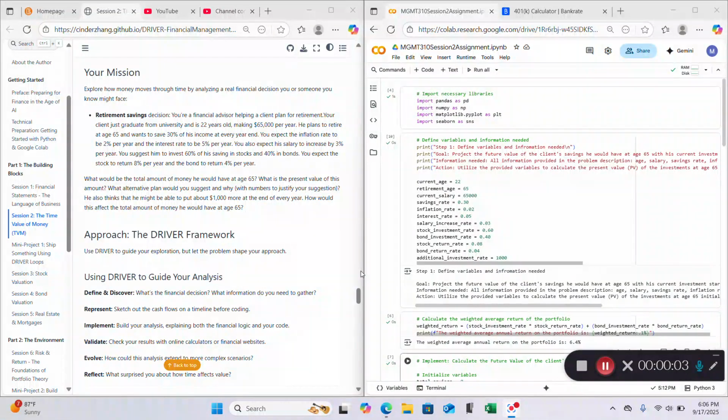So my name is Matthew, and this is my session 2 assignment. Within this assignment, we're given the task of having a client, and we're a financial advisor, and our client